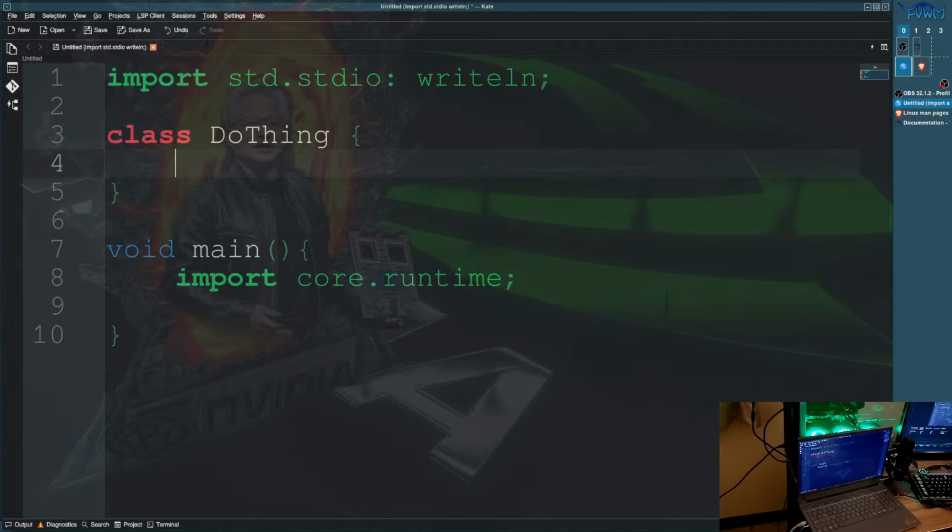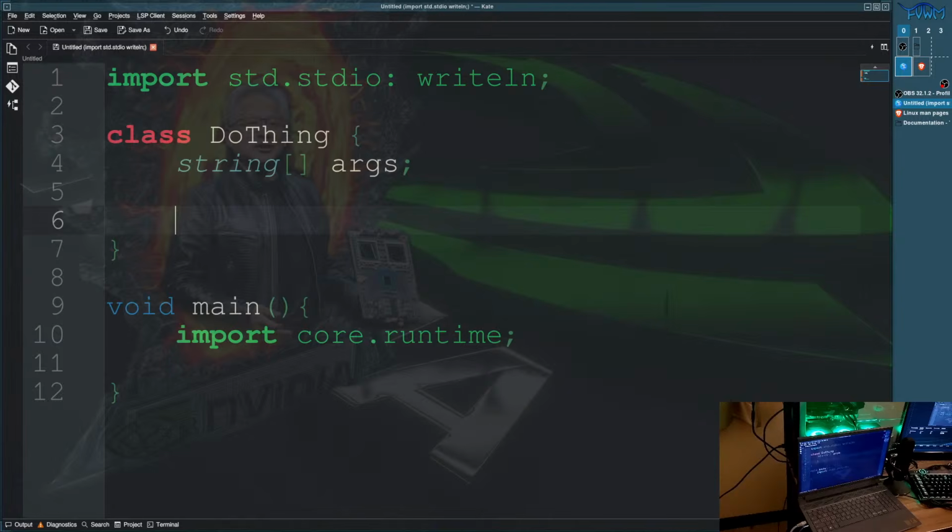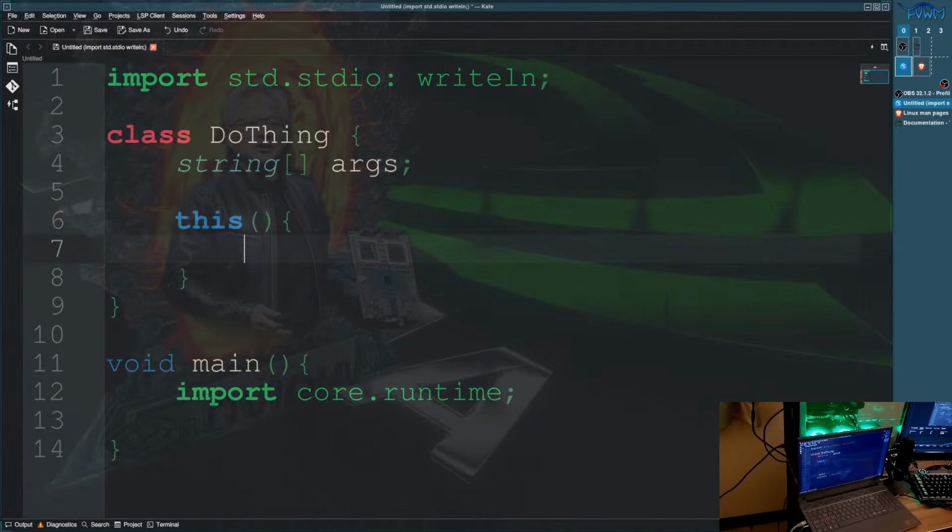So DoThing needs a constructor. It's also probably gonna have its own variables and stuff. We'll figure that out in a second. No, it will just take args. What it's going to do is create a slice of args to start off, so that'll be a string array called args. Easy. Then we need our constructor, this, and then we'll have this.args equals